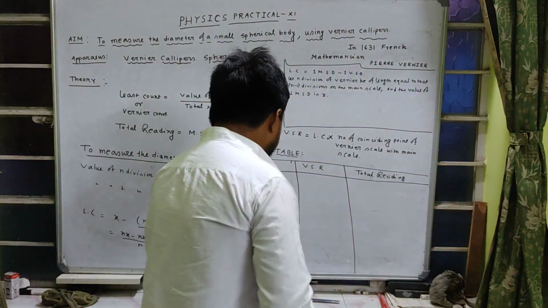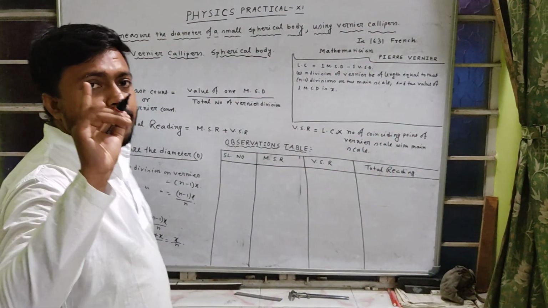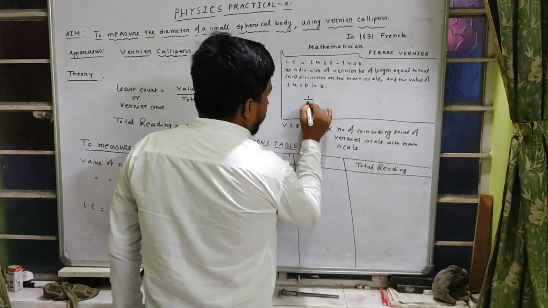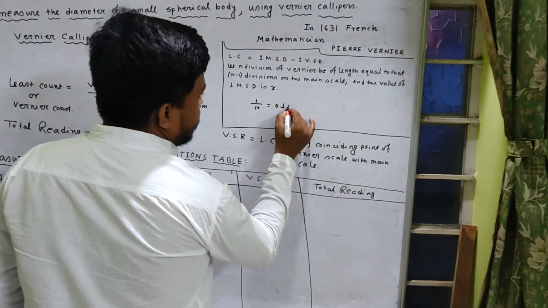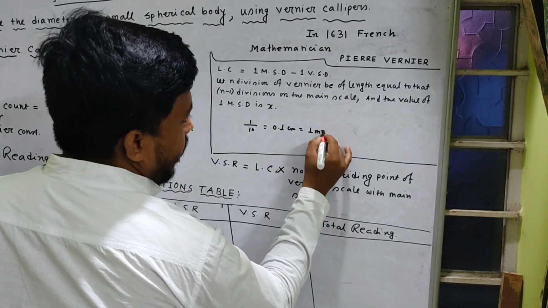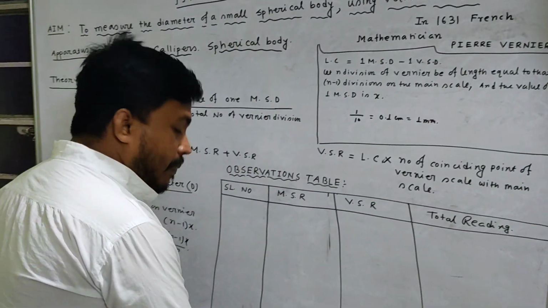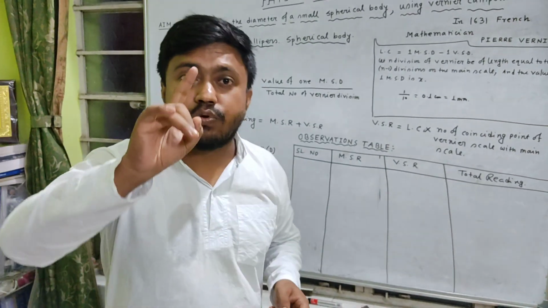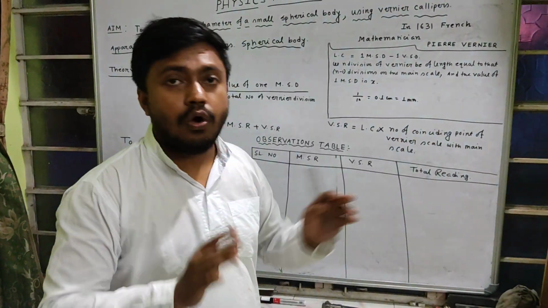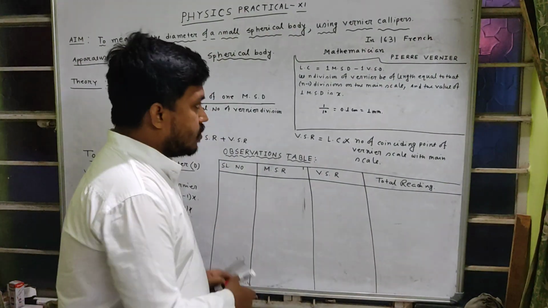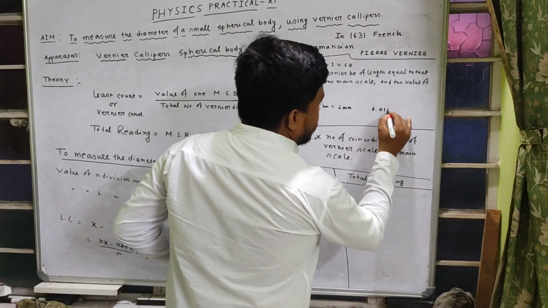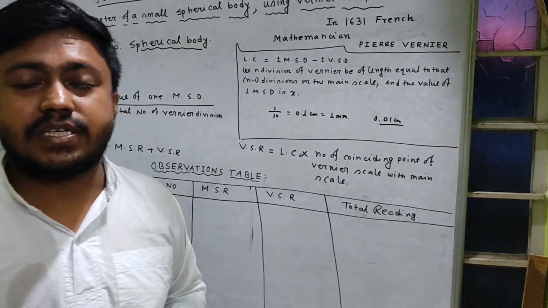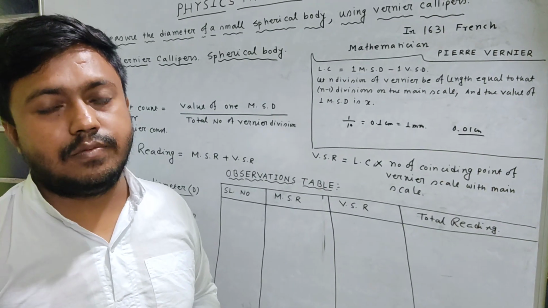So that means, students, by using the centimeter scale, the minimum length we can measure accurately is 1 by 10, equal to 0.1 centimeter or 1 millimeter. So we measure the length of any object only up to 1 decimal, meaning 0.1 centimeter or 1 millimeter. But students, 0.01 centimeter exists. So how can you measure 0.01 centimeter, or up to 2 decimals?